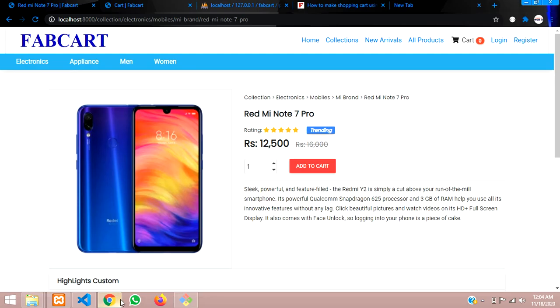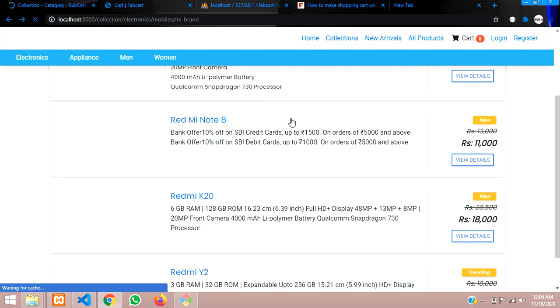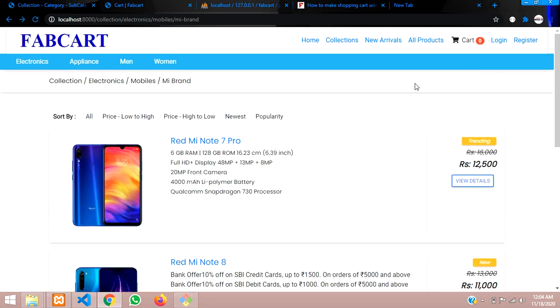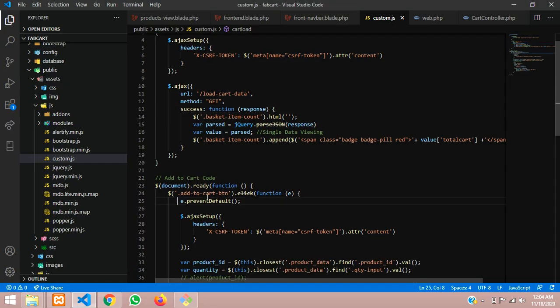Okay, so now let us click add to cart. I have clicked. Cool, it's added to cart, and let's see that it's turned to 1. Cool. So guys, it is perfect now, and let me add another product. So remember this, we will not add this product, and we will add another product. So let's reload. Now guys, see here, it is still 0 because it is calling the function only when it is added to cart.